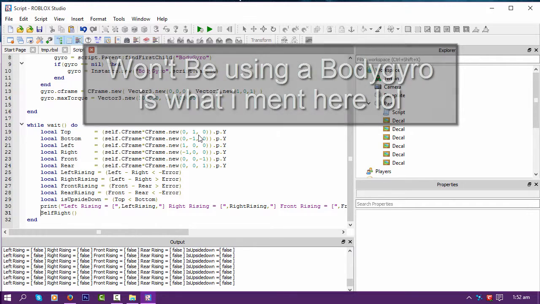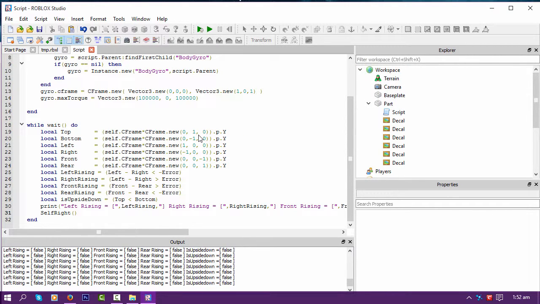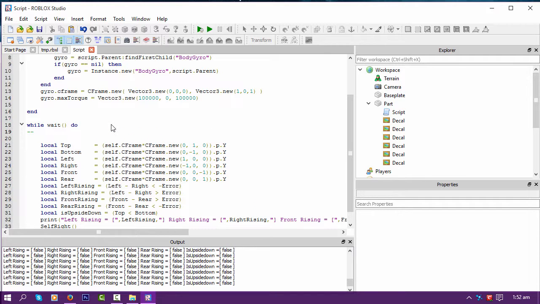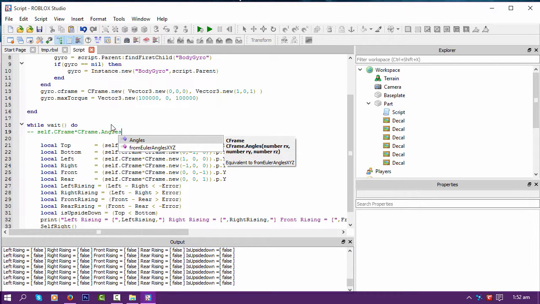Like, let's say it's completely upside down like that, then I would rotate whatever way I want to. In other words, if I want to rotate the front first, I'll just add south CFrame. Let's actually put it here. I'll comment it out so it doesn't do any damage. South is actually the brick that we're in. CFrame would have to get the right one. That's it. Times CFrame angles